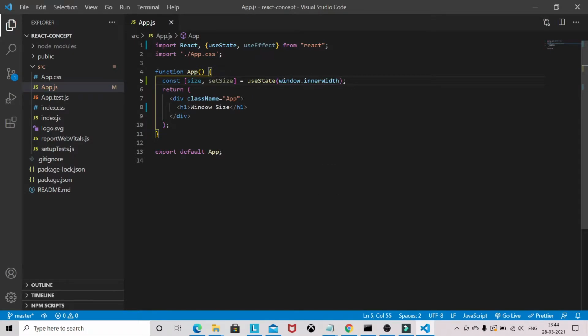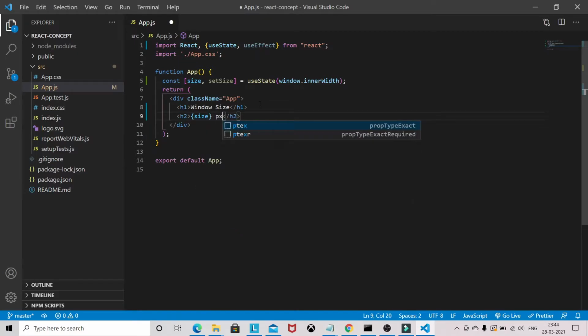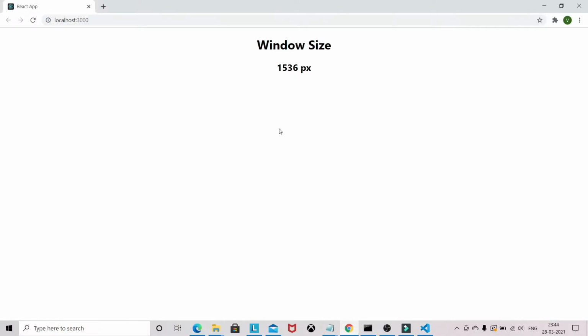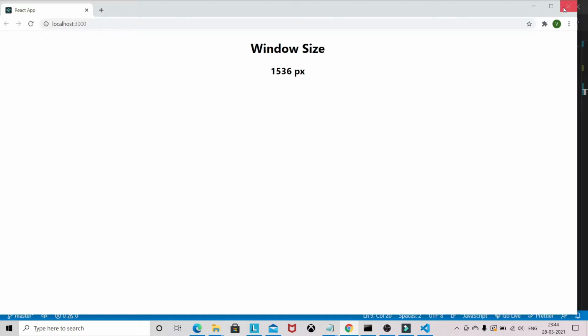Let's just see what the value of inner width is. So we are getting 153. And this value will change if you basically resize the window.